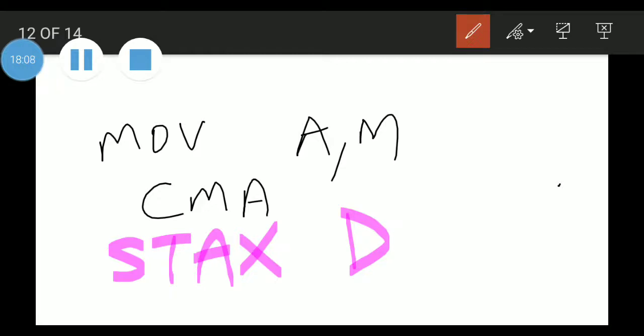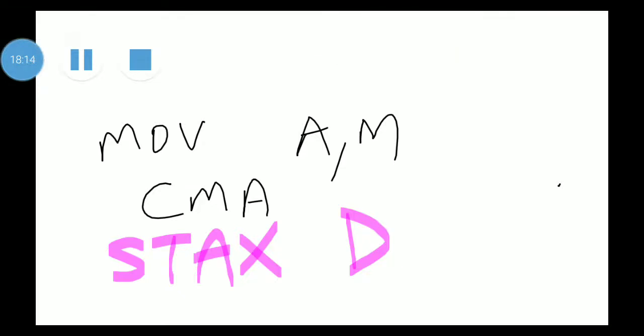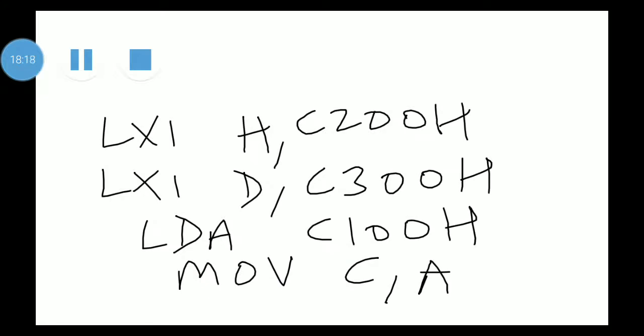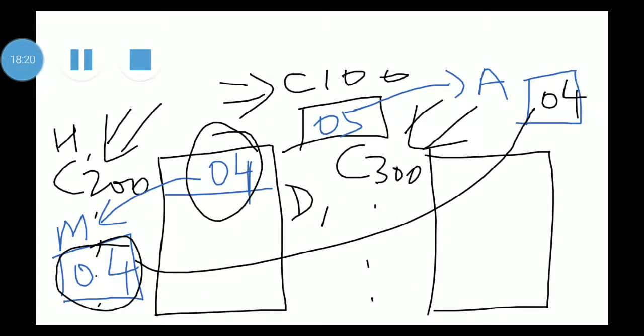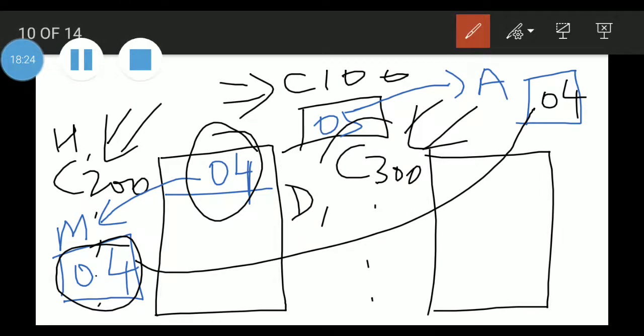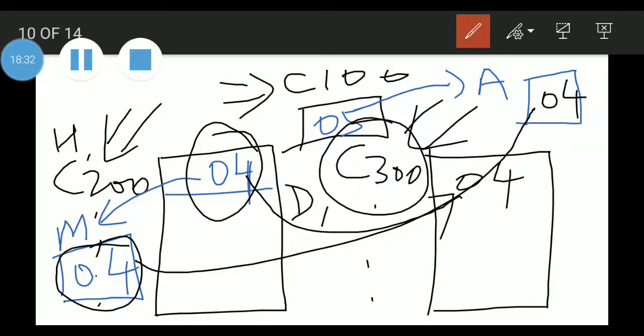This means it will take the content of the accumulator to the memory location pointed to by the DE pair, so the content will be stored there.